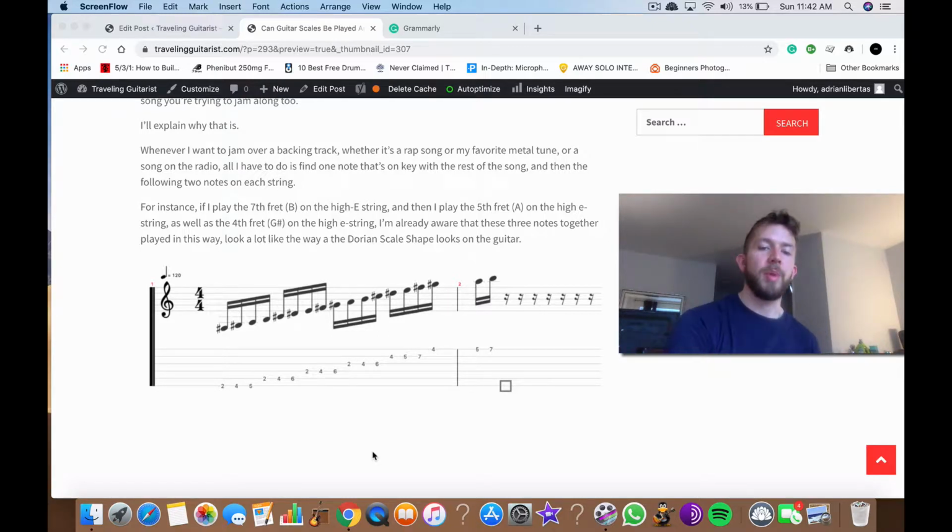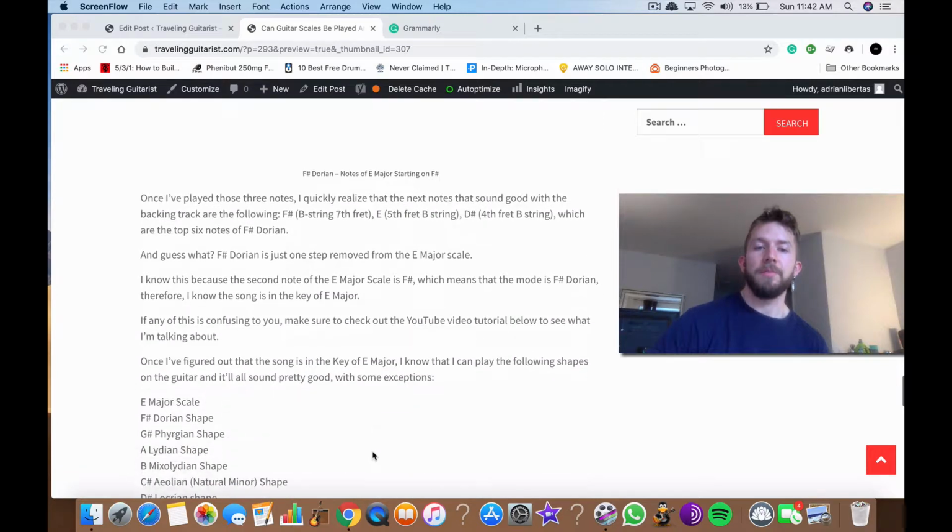And then if you learn the arpeggios that go with each scale degree, which the minor 7 is kind of like a Dorian thing, that goes with the 2nd chord, so it's like